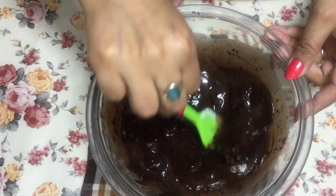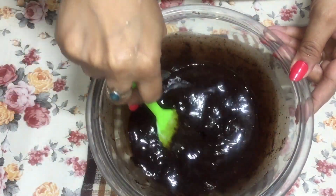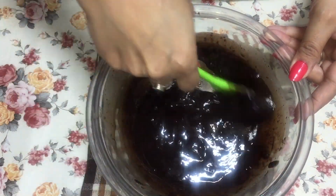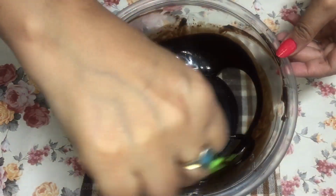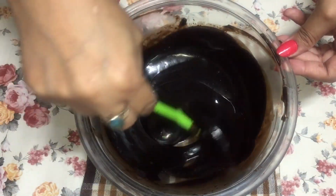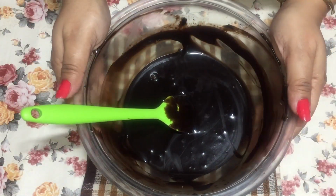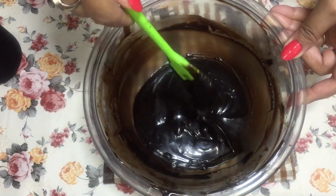So it's been heated now, and I'm going to stir this until it is smooth. So see, it's smooth now. And now let it just stand at room temperature until it has been cooled completely. So it's about 15-20 minutes now, and the